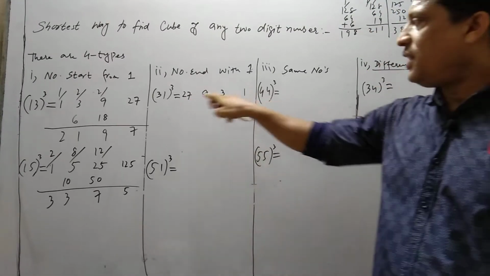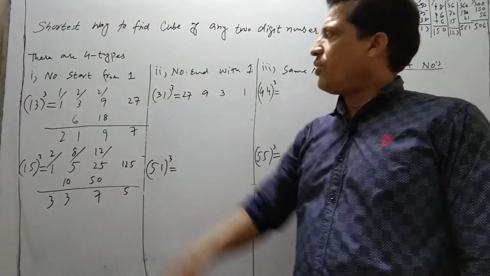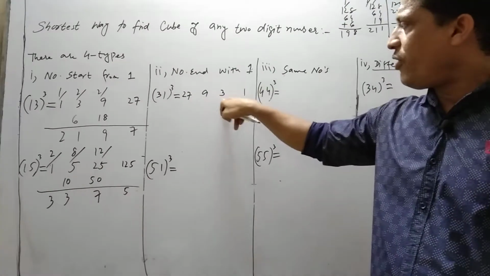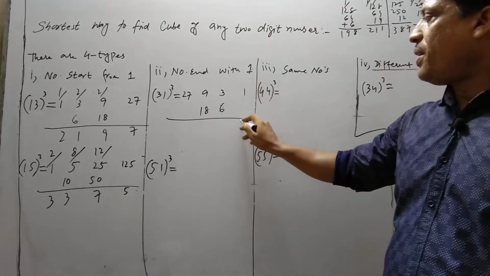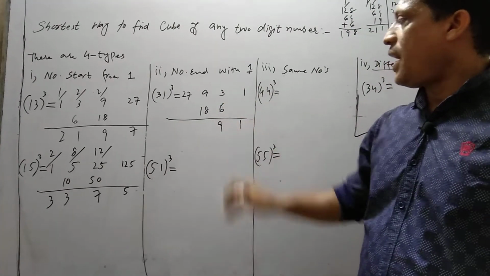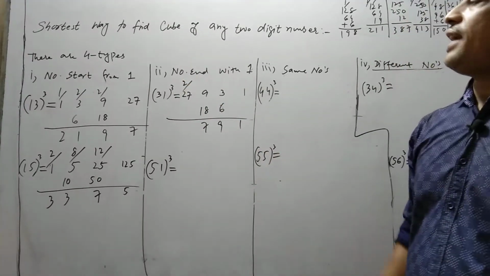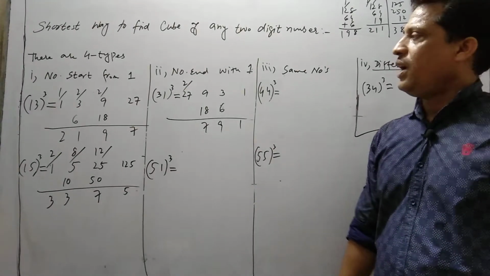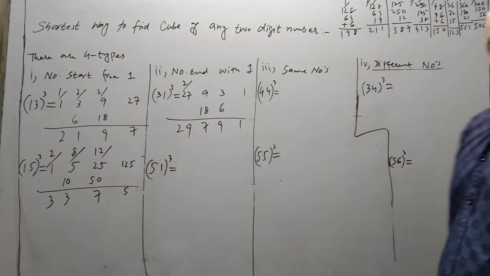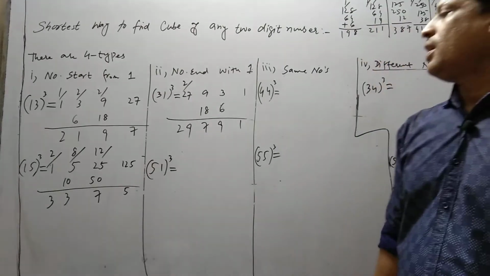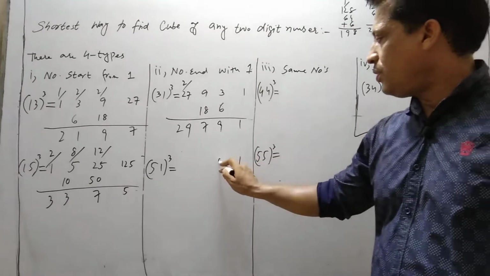Leave the last digit and first digit, and take the middle two numbers. The same criteria is followed for this. Double these two numbers. 9 twos are 18. Add: 1 plus 0 is 1, 6 plus 3 is 9, 18 plus 9 is 27, write 7. Always write the first digit. The carry forward rule is applied. 27 plus 2 is 29. So 29791 is the cube of 31. I hope you understand. Take this 51. If the number ends with 1, we have to start from the right side like this.